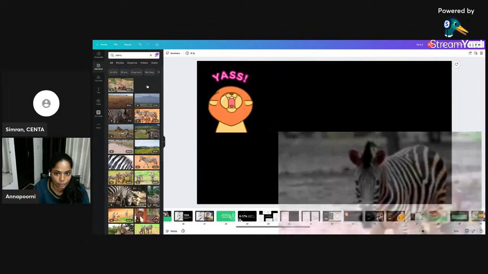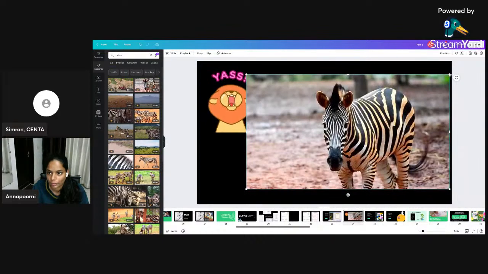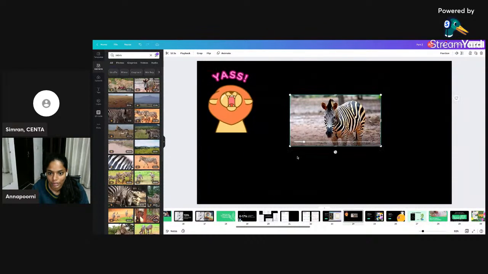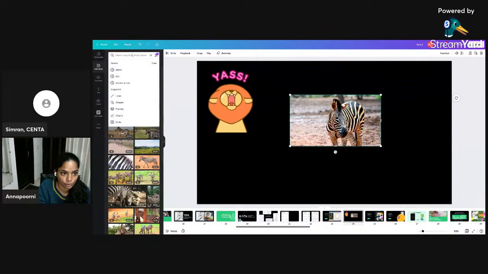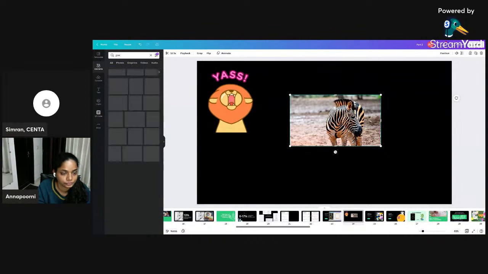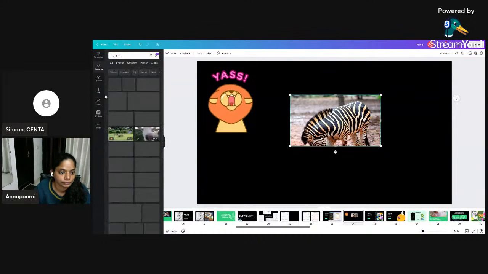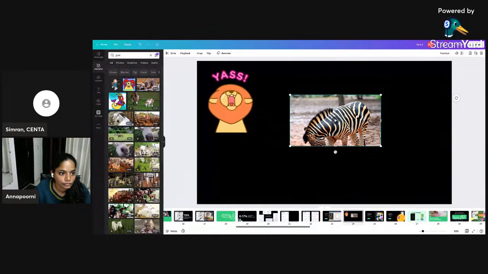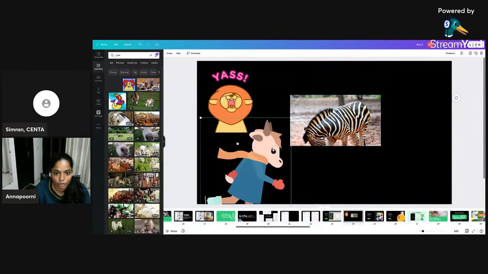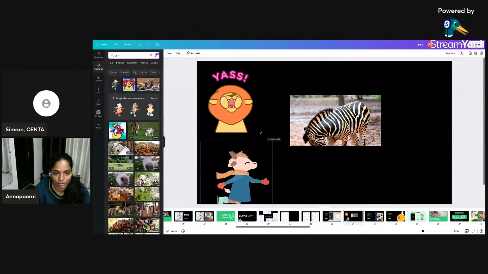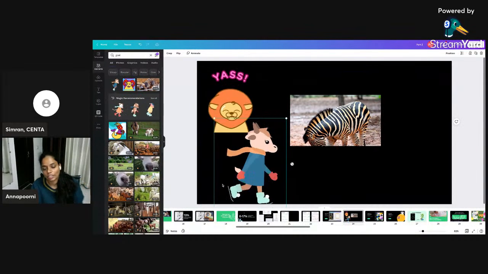So let's pull up a GIF of a zebra. And you can see that the zebra is moving. You can also go goat. We have a walking goat or a running goat here. So everything is drag and drop.